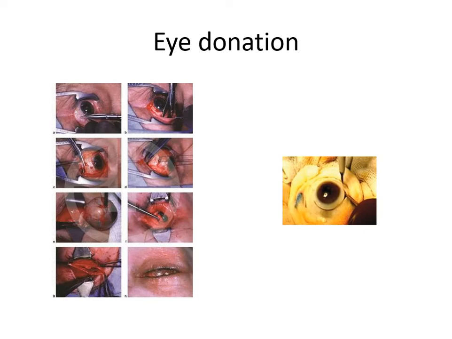So in olden days, we used to tell, if you bring two eyes, you can give vision to two patients, when we only did penetrating keratoplasty. Nowadays, if you are bringing two eyes and doing penetrating keratoplasty, you can give vision to two patients. If you are doing deep lamellar keratoplasty and dissect, you can give vision to four patients. Okay. So there is the importance of eye donation and visual rehabilitation, which you can do if the cornea is diseased or pathological.